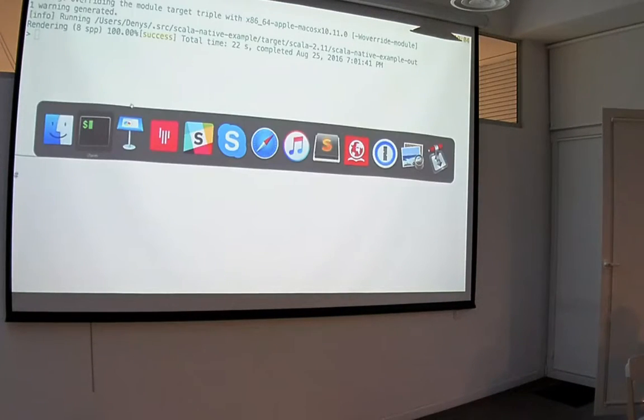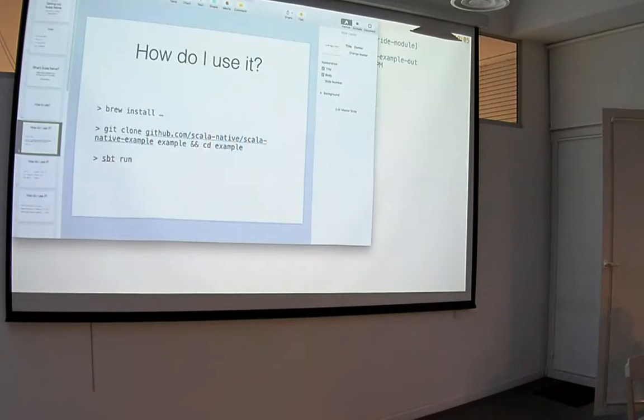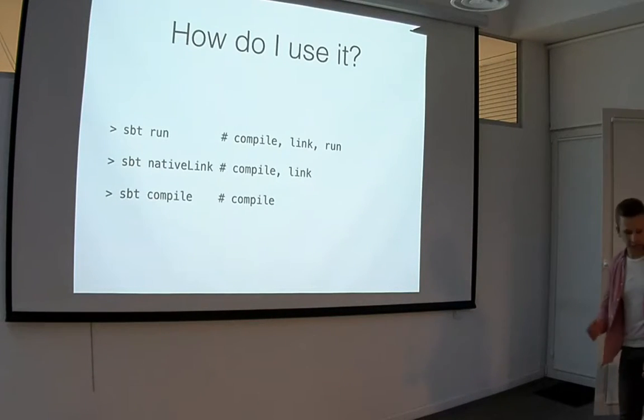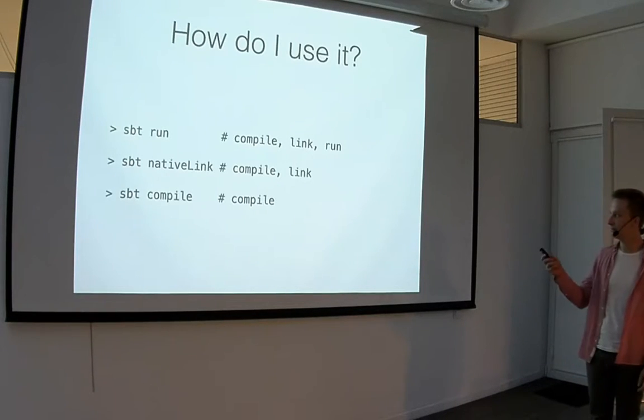Yeah, but that's basically what it is. And essentially, the purpose of this small demo was to show how easy it is to compile something with Scala Native. It's basically just a special SBT build with a plugin enabled. All of the same commands you know and use, like compile and run, are the same. The only other one that you might also want to use is, so SBT run is the same, we've just seen that before. The only other command you want that is not a standard SBT command is native link.